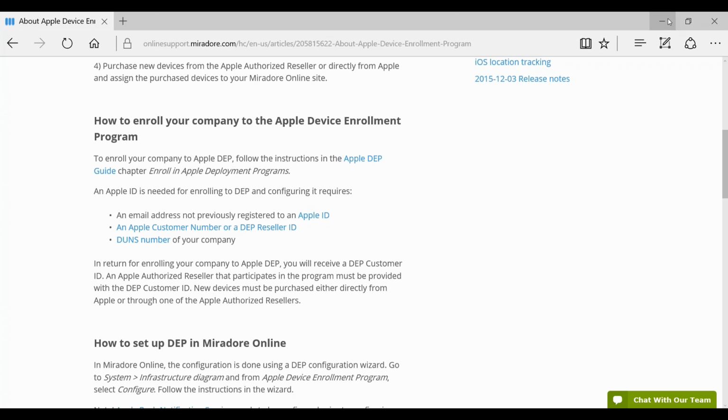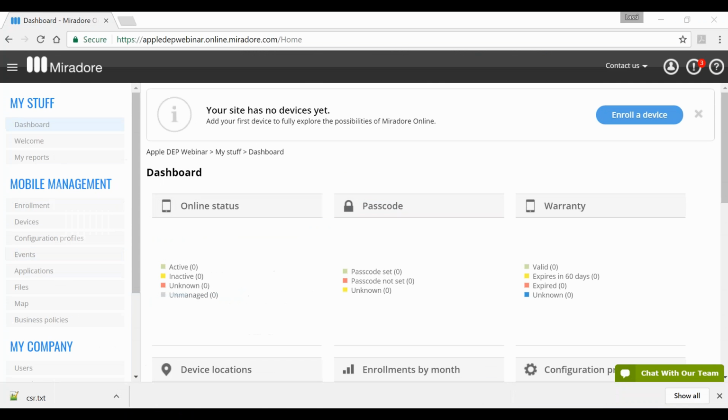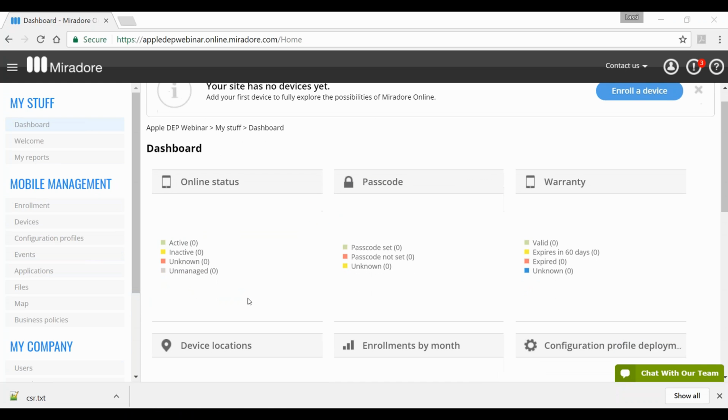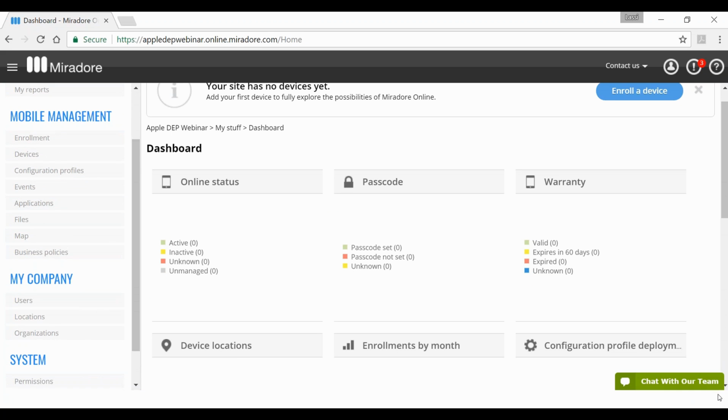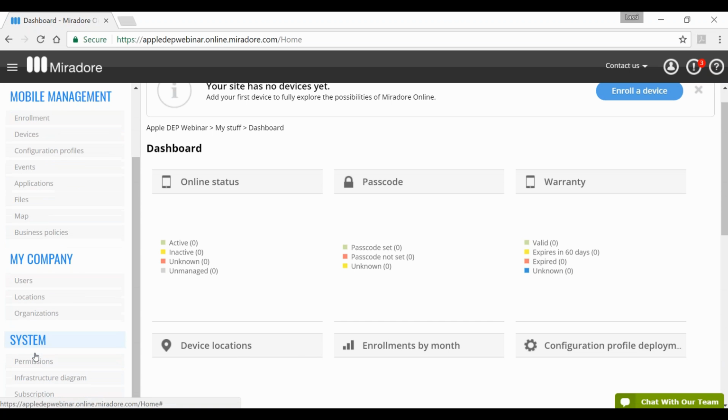But okay, let's move on to the actual demonstration then. On this Mirado Online site I have here, as said, it's an empty site. It doesn't have any devices yet. But let's start configuring the Apple DEP.